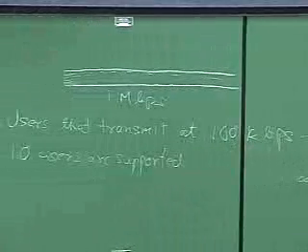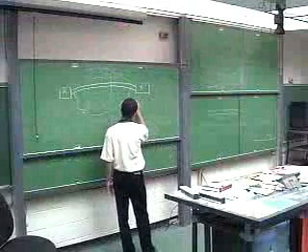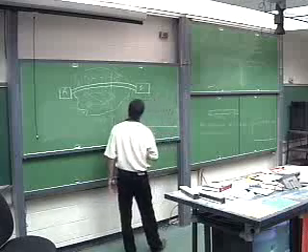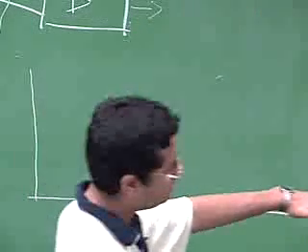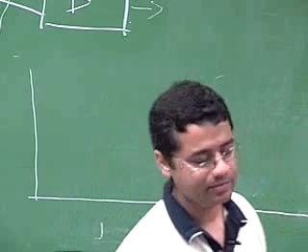So if you have a collection of such users who are all transmitting at 100 kilobits per second and they're active 10% of the time,